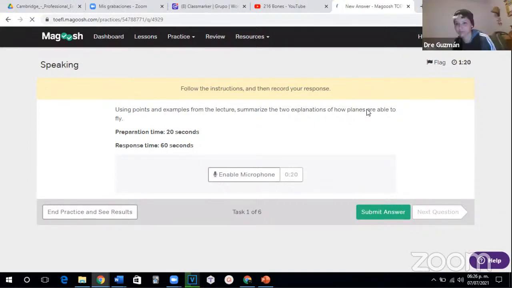Top and the bottom. Yeah, that was a good general way of summing it up. If you summed it all up in one sentence, it was: the shape of the wings is what helps the plane to fly. But overall, really, the key to success, remembering little words like inverse correlation or important keywords mentioned in the lecture and mentioning them as well in your speaking, really helps a lot.